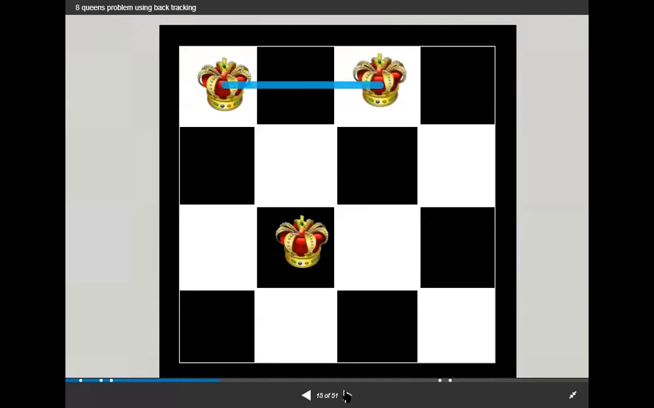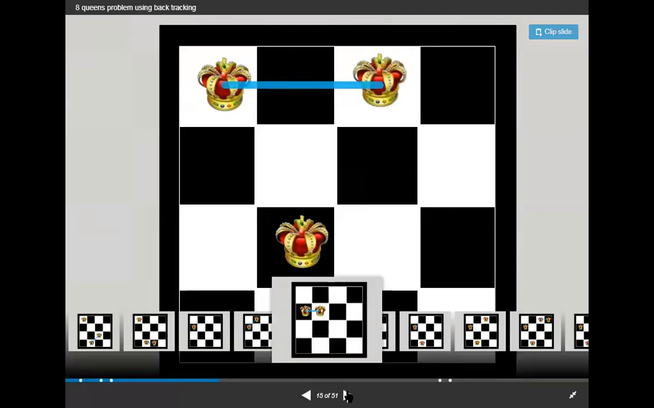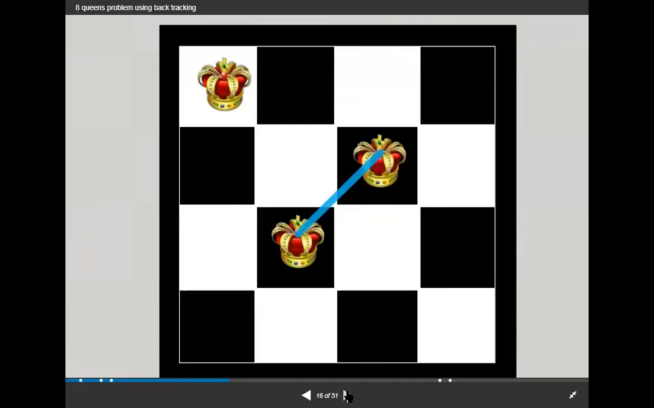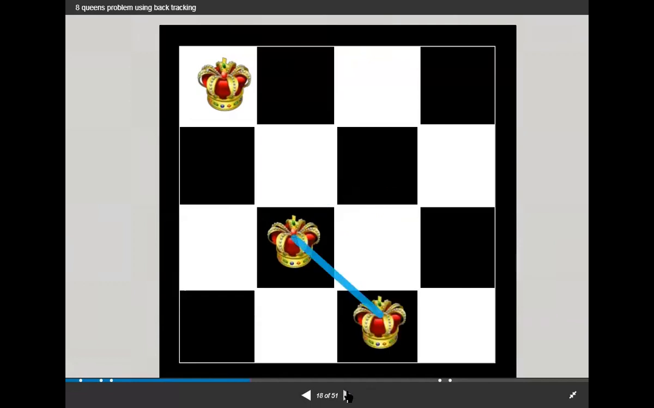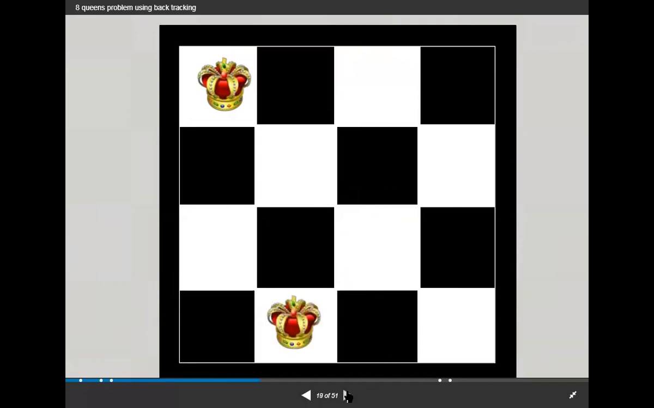Then I place queen 3. Queen 3 here, it is not possible. Queen 3 I place here, third column, it is not possible. I place here, it is not possible. I place here, it is not possible. Then I place